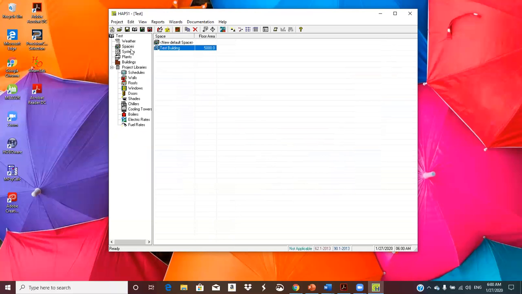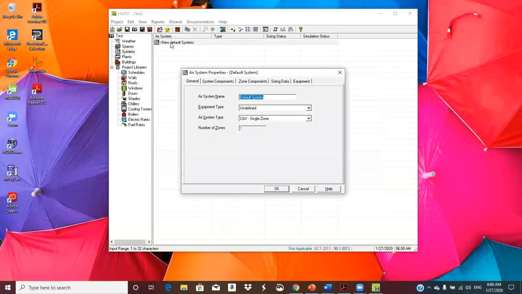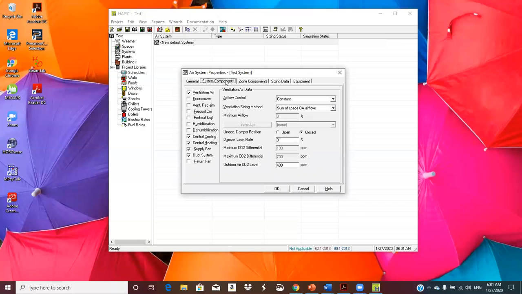Okay. So now we need to put in an HVAC system. We'll just call this test system. And for equipment type, let's just put a rooftop unit on this guy. Constant air volume, single zone. We got a lot to talk about here, but let me just